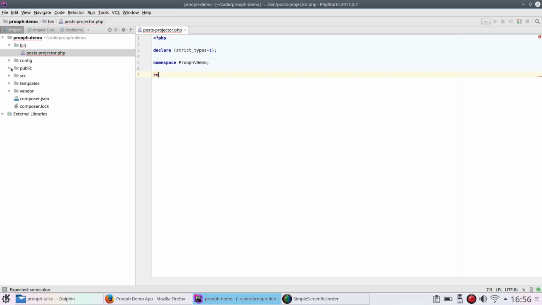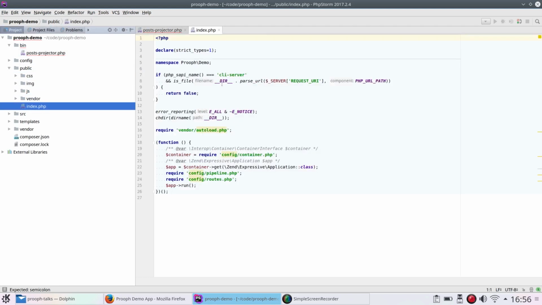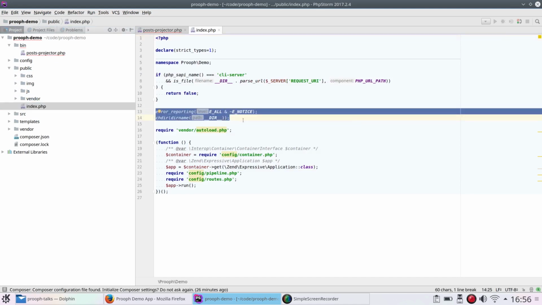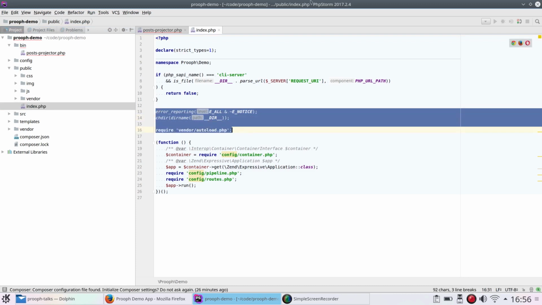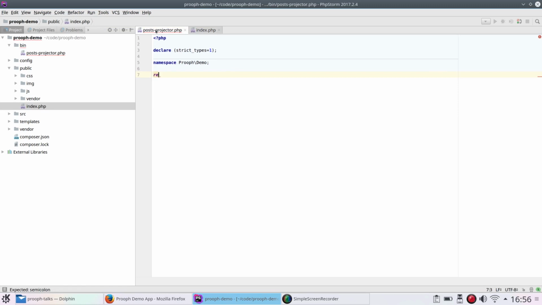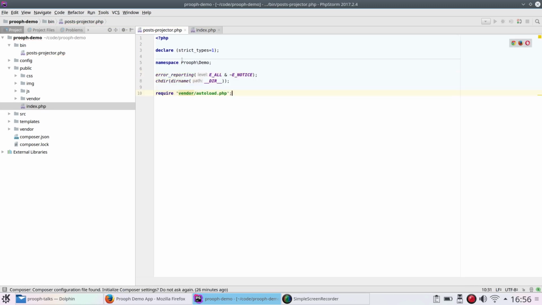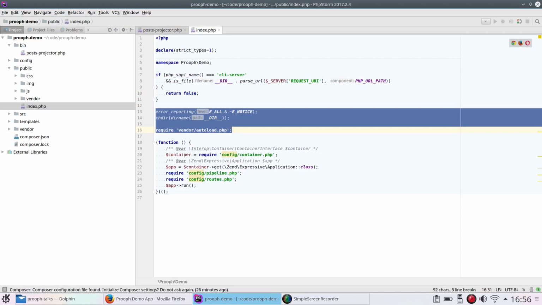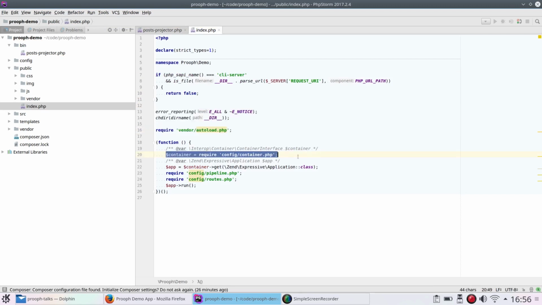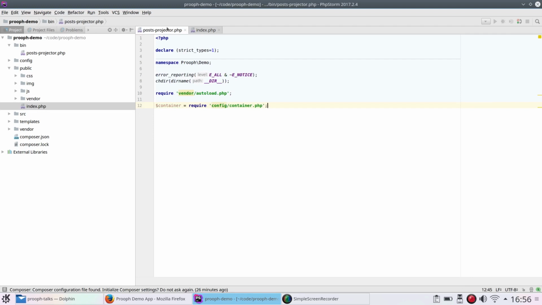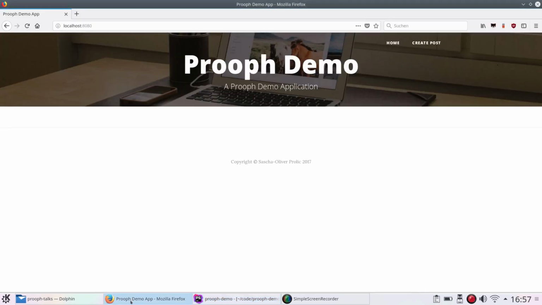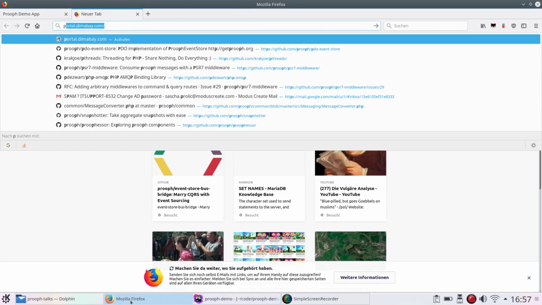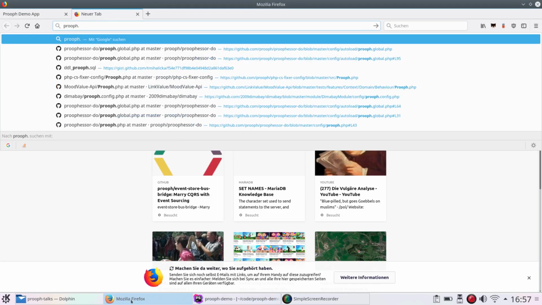and first thing that we need is basically some basic stuff that we have in our index.php, which is the autoloader, and we're gonna need the container. Everything else basically we don't need, and what we can do here is we go to